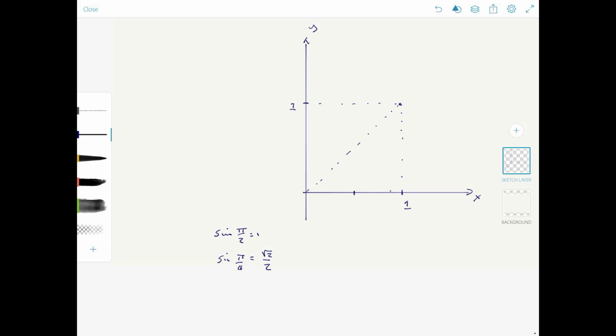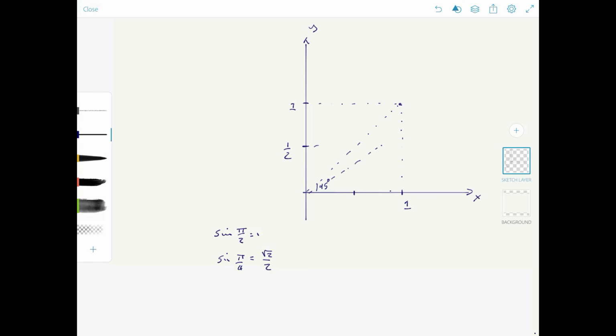We know that sine of pi on 4 is square root of 2 on 2, and that just happens to be, if we go up like this and we go like that, that would give us 45 degrees. So we have something like that,